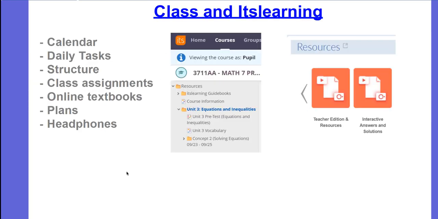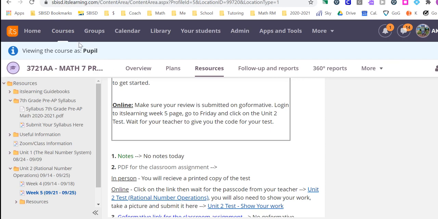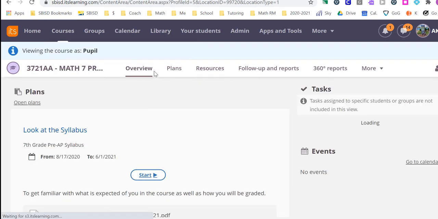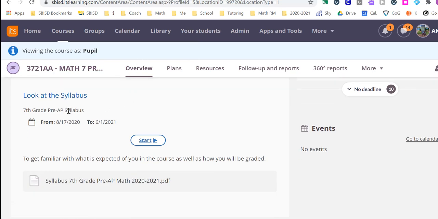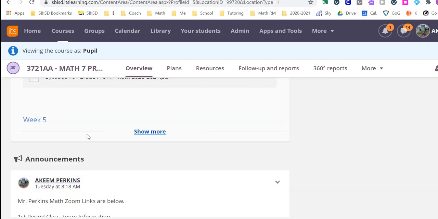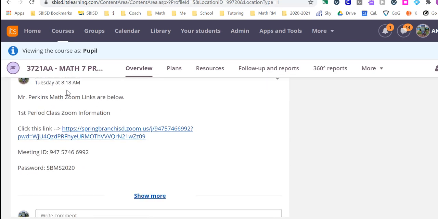Now, we're going to go over what It's Learning will look like. I'm going to go ahead and take a look at the PreAP view. So generally, if you look at overview, you could take a look at some stuff that we've pinned, such as the syllabus, as well as some of our plans for the week, and some announcements that the teacher will have for